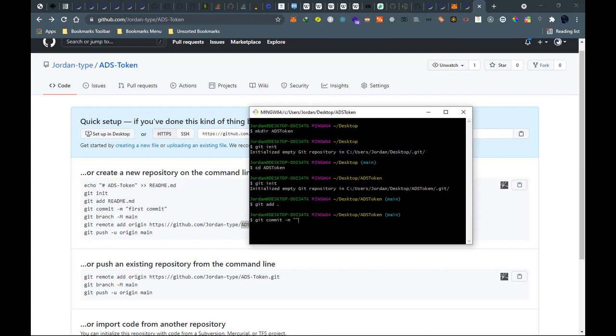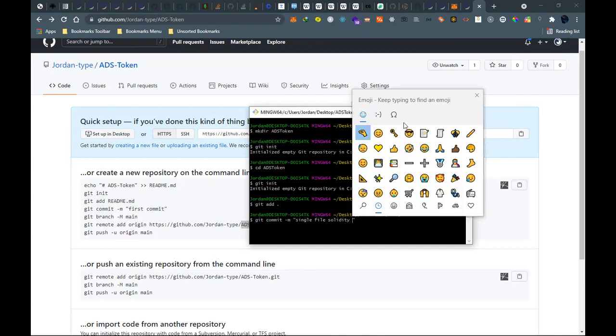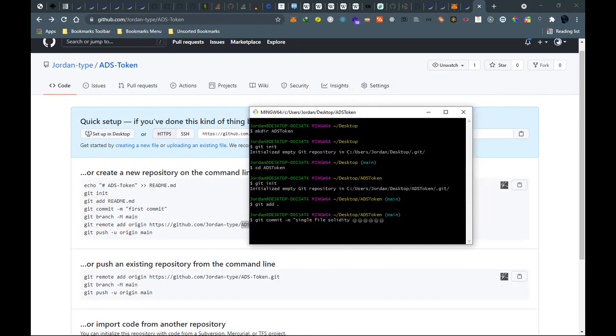So it means you're committing everything. So you can just write "single file", then you can actually put some emojis. We have added a lot of emojis.